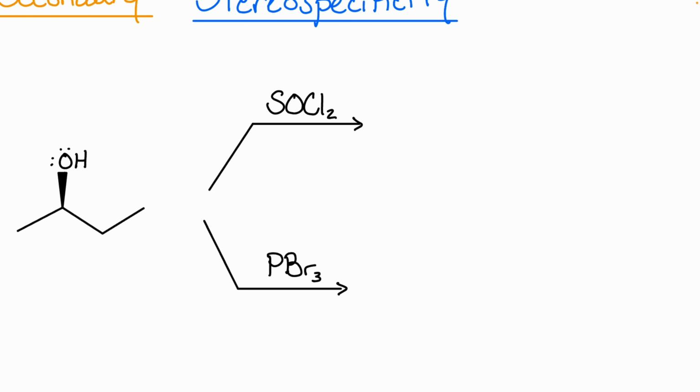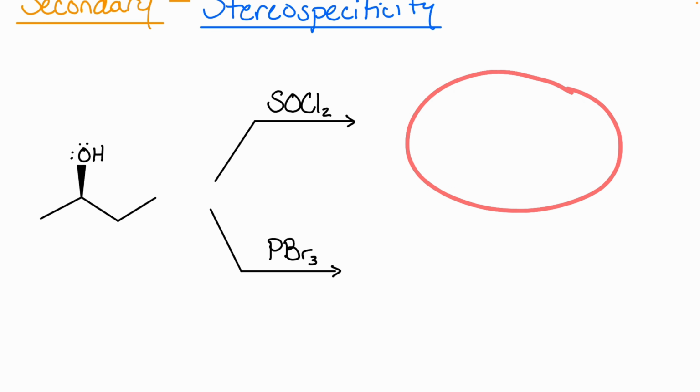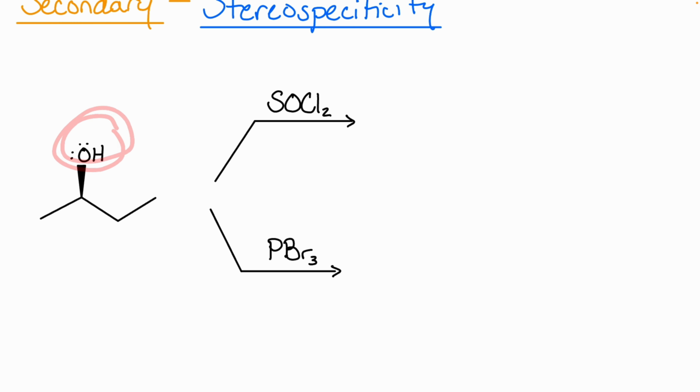If I start out with a stereospecific alcohol, I'm going to get a stereospecific product. Okay? Now, this is not a mechanism that I would expect you to know, although it is well known. We could look it up in the textbook. Suffice it to say that sulfur kind of globs onto this oxygen to make it a better leaving group. What we do need to know about these reactions, though, in terms of their mechanism, is that they are SN2